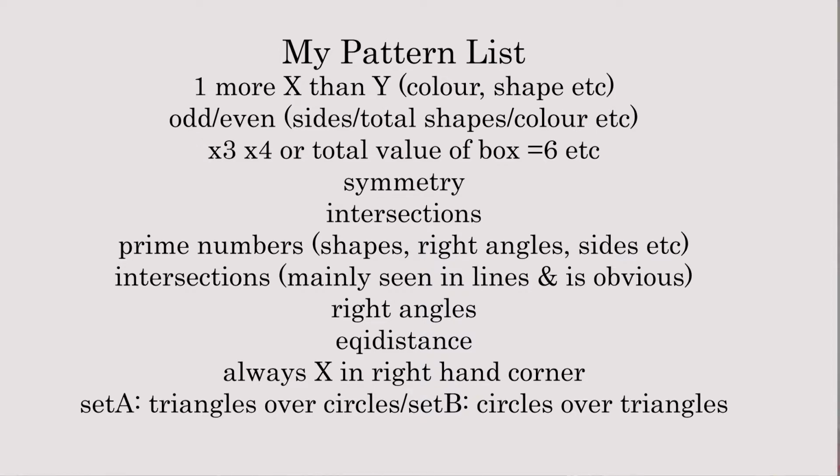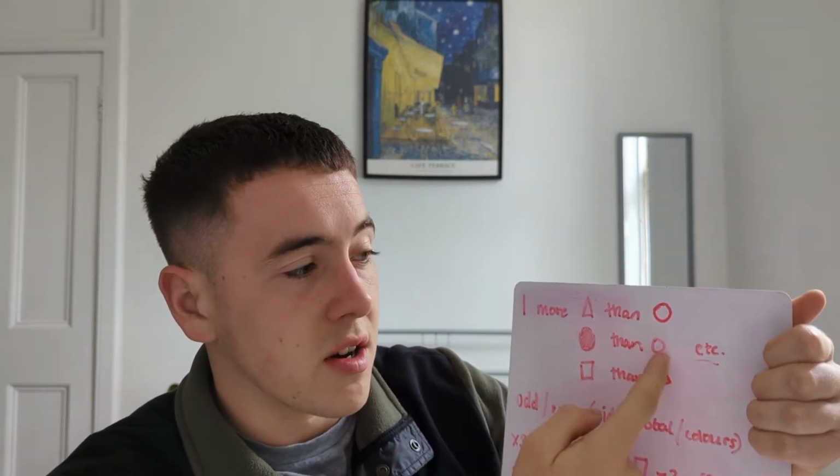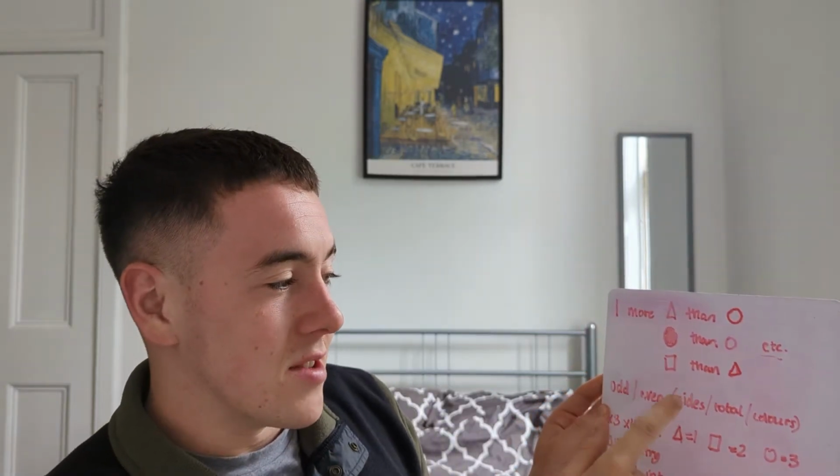There you go. But I'll go through it here as well. So I've got one more triangle than circle, I've got one more darker circle than a lighter circle, more squares than triangles. This sounds so stupid actually going through this, I'm actually shocked that this is in the exam. Odd and even sides, odd and even total shapes, so for example odd